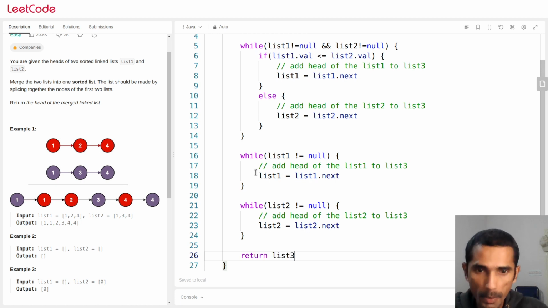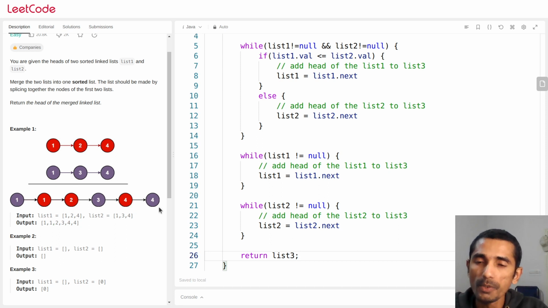List 3, but you need to remember one thing. Basically list 3 first will point here, then it will point to here like this. It will continue pointing here, which means at the end the list 3 is pointing to here. It's a single list, so you can't go back. So in the beginning you should keep the pointer. So what I will do is that one here